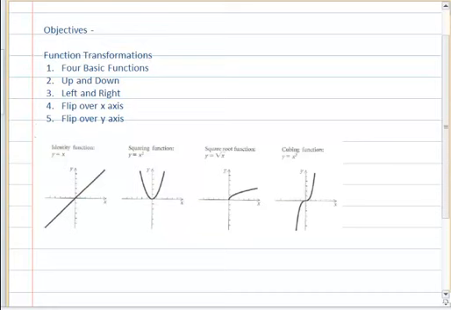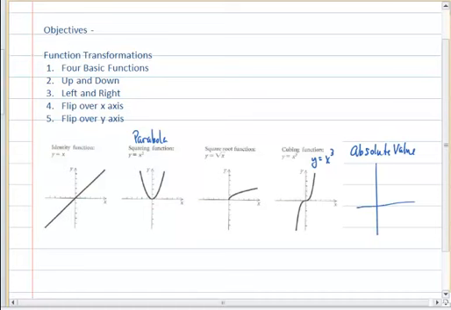in class. We have the identity function, which is y equals x. We have the squaring function, which is the parabola. We have the square root function. Another function we're working with is the cubic function, x cubed. And the last function is the absolute value function. And that one looks